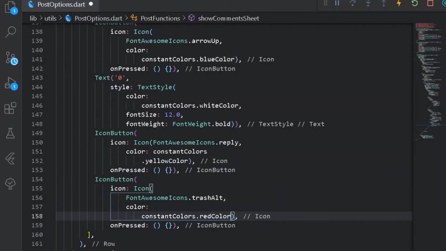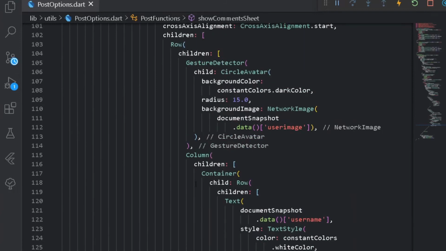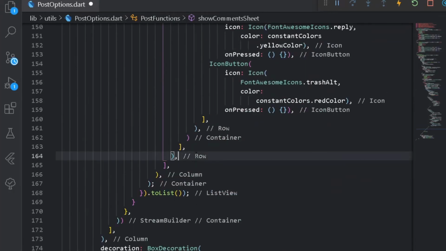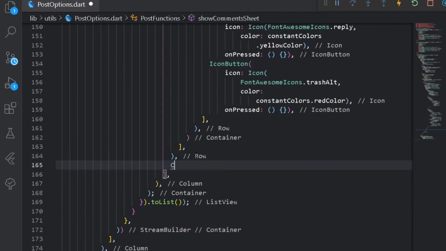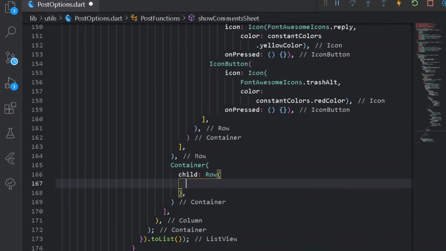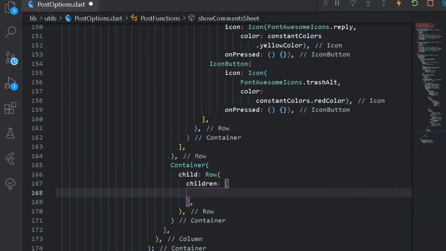So as everything is done from here, let's come out of the following main row, which is somewhere between here. After having the main row, we shall be having a small container. Under the following small container, we shall be having a child to be a row. I know this is complicated, but we need to do this. You have to watch this tutorial again and again to understand what's happening here.